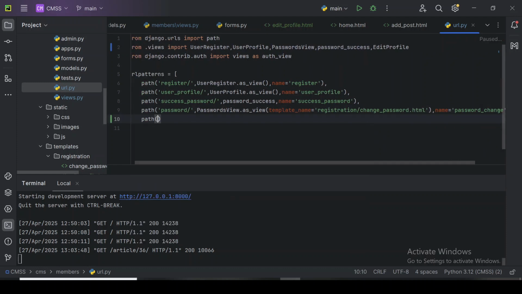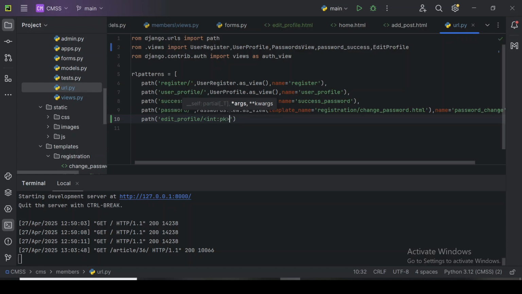I want to have a path because this is our URL. So what should I call this? I think I can call this edit underscore profile. And we're going to pass in a PK here too, because we need to get the ID that we're updating. We now have to pass our PK int, then